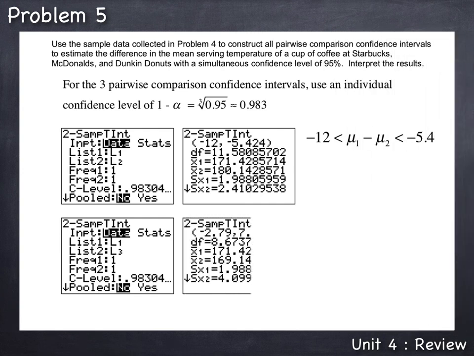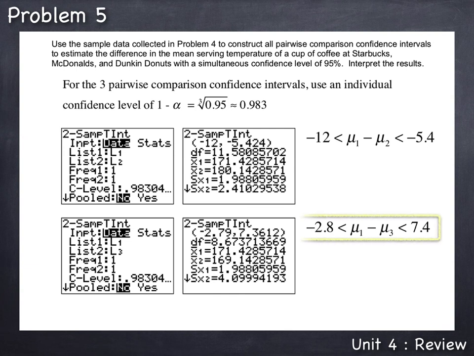While looking at the results on the screen, we can then write our second pairwise comparison confidence interval. To do this, we'd write mu1 subtract mu3 in between the less than sign symbols, and then the calculator provides us with the lower estimate and the upper estimate. Here, the lower end of the confidence interval is negative 2.79, and the upper end of the interval is estimated at